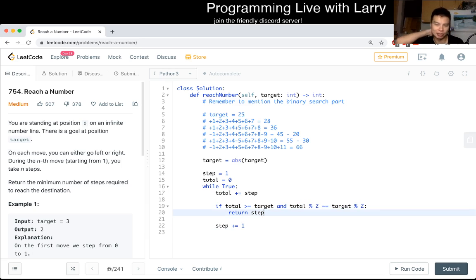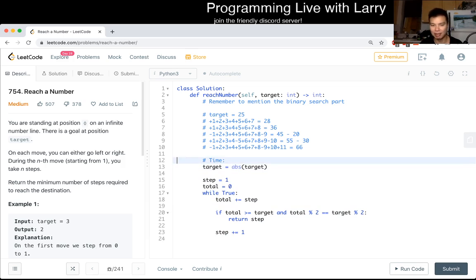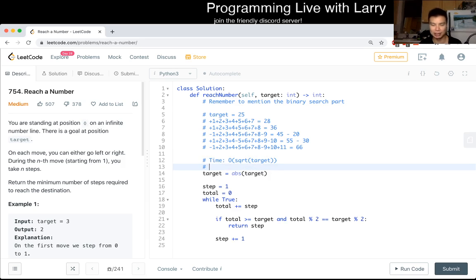What is the complexity of this, right? Well, it's going to be the square root of, so time complexity is going to be, for now, square root of target. And space is obviously O of 1 because we just have a couple of variables. But me pedantically, I would say that when we talk about complexity in complexity theory, n is the input size, right? So n is equal to input size, and n is equal to the